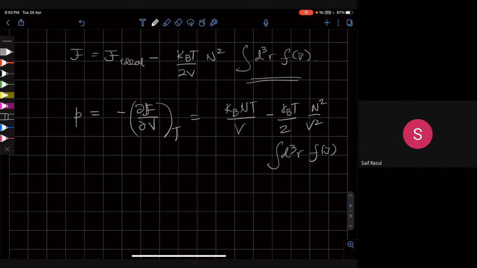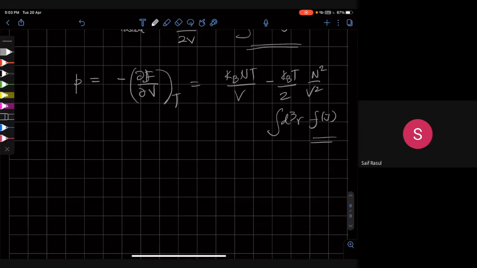But of course, in our case, it's neither attractive nor repulsive. It's attractive at longer range, repulsive at shorter range. So then what we can do with the Lennard-Jones, we can plug in the Lennard-Jones potential here and do the integral. But there's a further